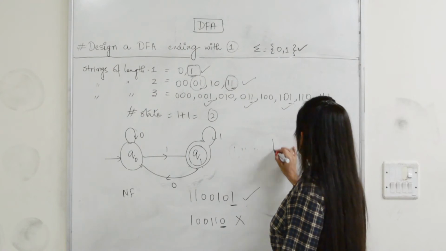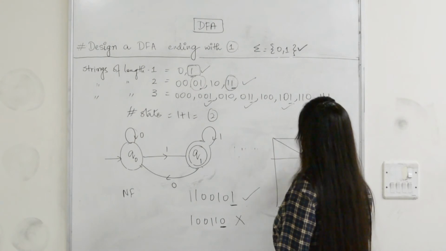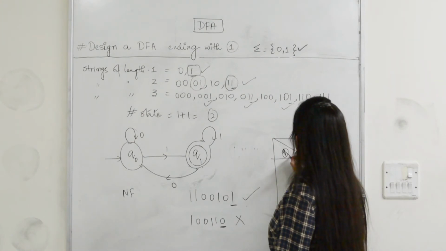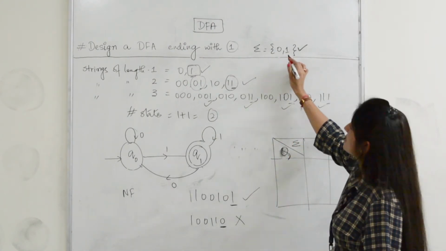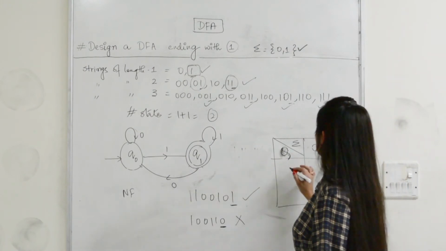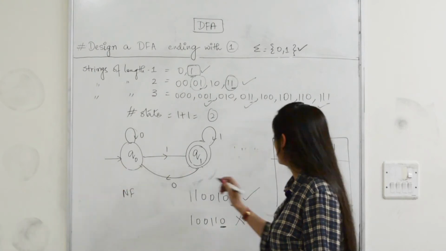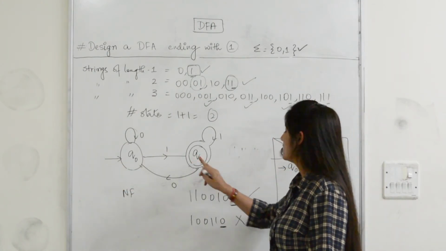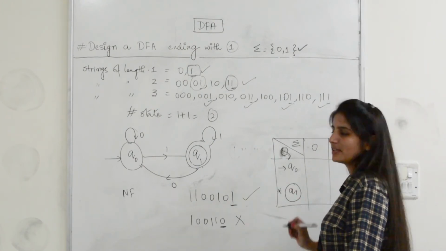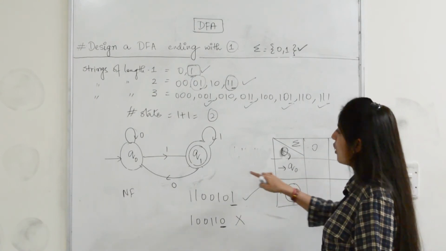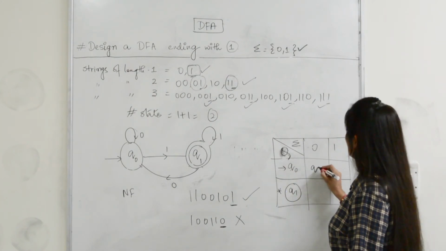Now if I have to make the transition table for this, what I have to do is, here we'll put the states which are represented by capital Q and here we'll put the input alphabets. So input alphabets are 0 and 1 and your states are Q0 and Q1. Q0 is your initial state, so it will be represented by an arrow, and this is your final state Q1, which will be represented by a concentric circle, or you can also put a star which says that this is a final state. Now on Q0 when you input 0 it reaches Q0,